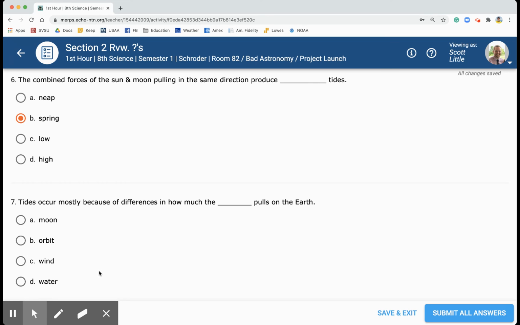This is, when you think of all the things that we're talking about, the moon. Tides occur by how much the moon pulls on the Earth. And this can be found on page 32, also in bold and black letters. All right,